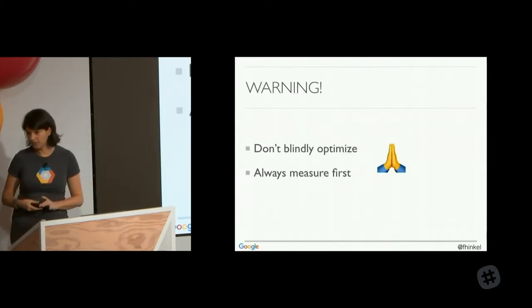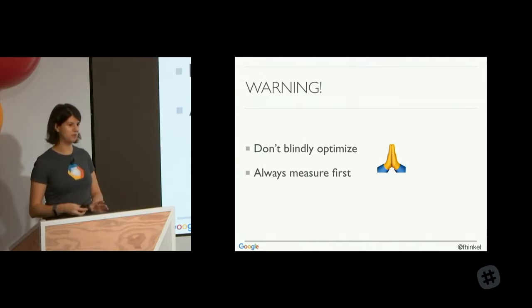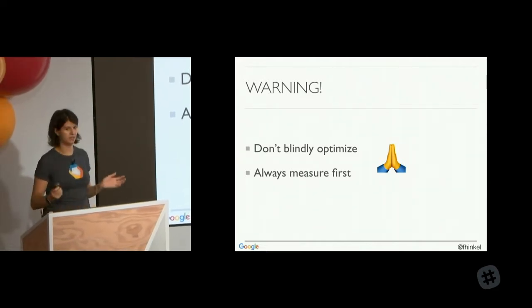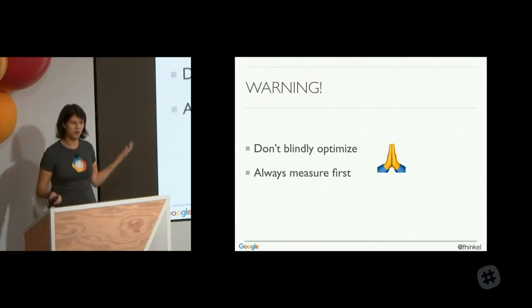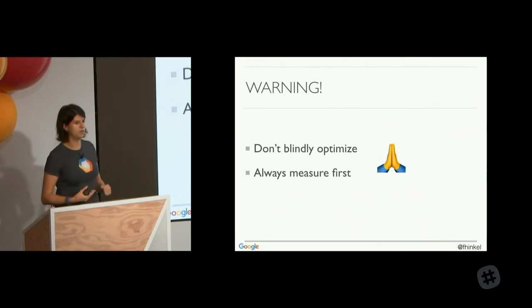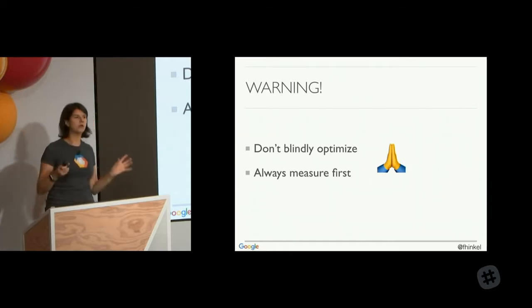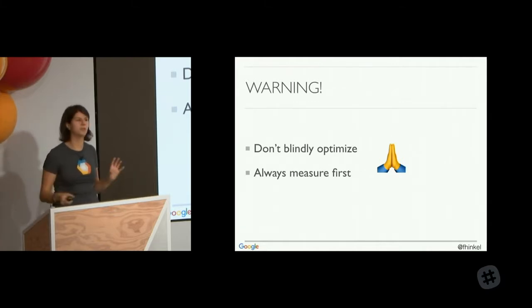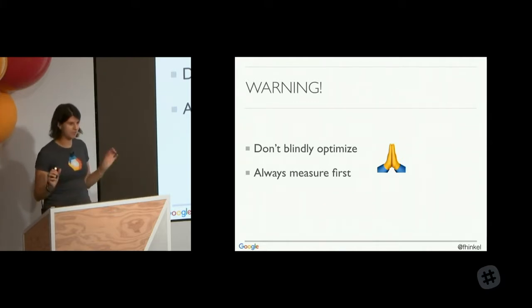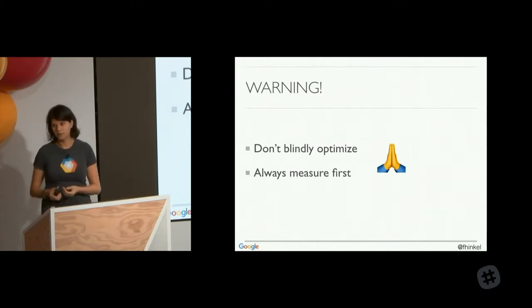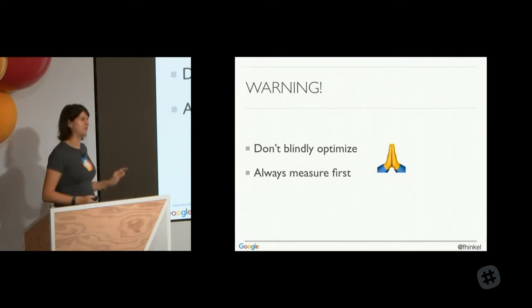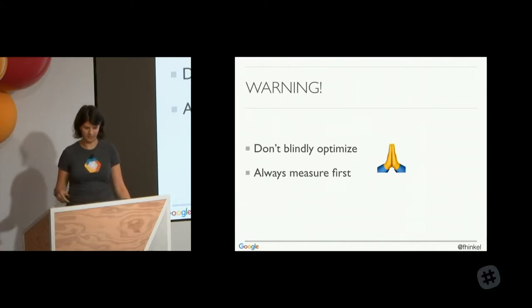And then a big warning, never ever blindly optimize. You'll just create a ton of bugs and make it hard to maintain your code. This should be obvious, but I want to say it anyways. Don't blindly optimize, always measure first. Make sure you even have a performance issue, make sure you have a performance issue that you want to address, and then measure and figure out where your bottleneck is. Don't just say, oh, I heard this talk, I learned some stuff about compilers, I'm going to make every function monomorphic now. No, no, no, because that's going to give you such a tiny speed up, if at all, probably not even, because compilers are complicated. Don't go and optimize unless you've measured and you've figured out what you need to optimize.